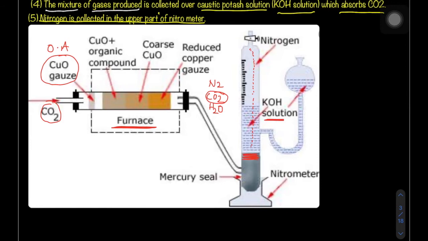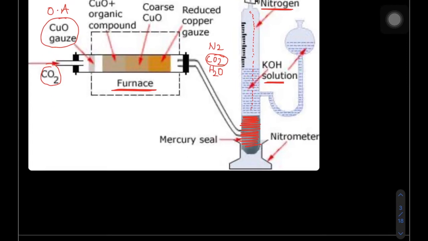Now this is completely a mercury column. Nitrogen gas is collected over the surface of the mercury. Now the important thing is that the volume of the nitrogen gas can be calculated with the help of a graduated tube. So we have the different volumes here. With the help of this, we can calculate how much nitrogen gas is available, and also the pressure of the nitrogen gas can be calculated.